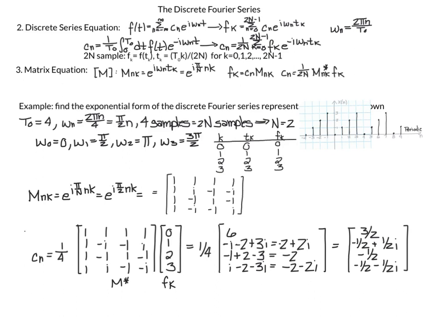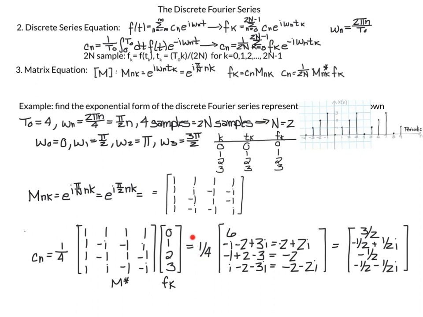I do my matrix multiplication. Remember, it's row times column. So 1 times 0 is 0. 1 times 1, that's 1. Plus 2 plus 3, that gives me 6. This next row times this column: this is 1 minus 2i minus, oops, no, that's 0, sorry. Minus i minus 2 plus 3i, that gives us minus 2 plus 2i. Multiplying this row times this column, that's 0, minus 1, 2, minus 3, that gives us minus 2. This row times this column: 0, i, minus 2, minus 3i, that gives us minus 2 minus 2i, multiplied by